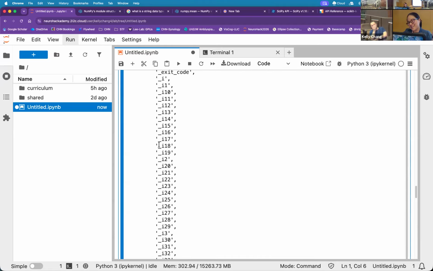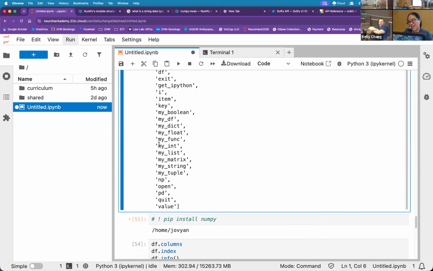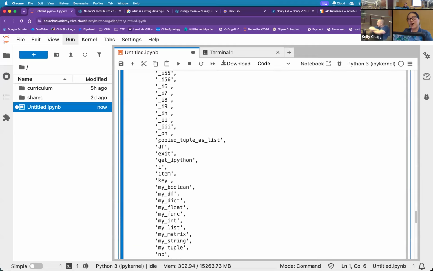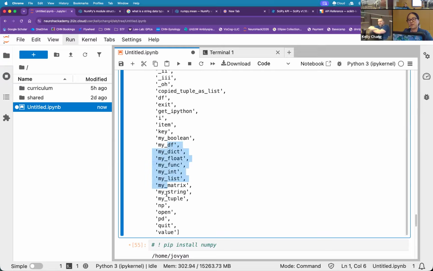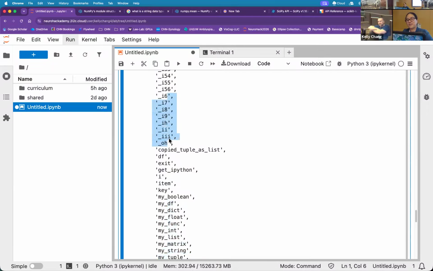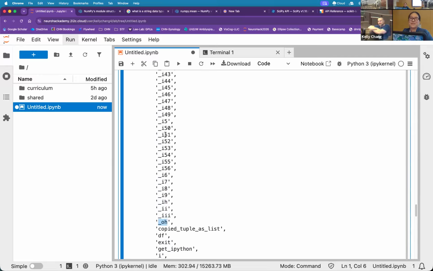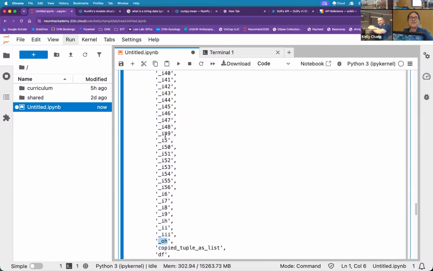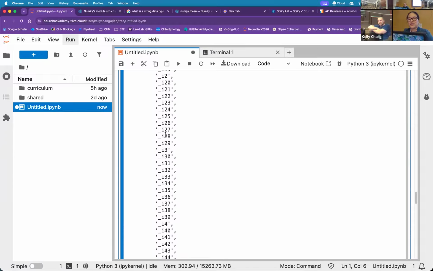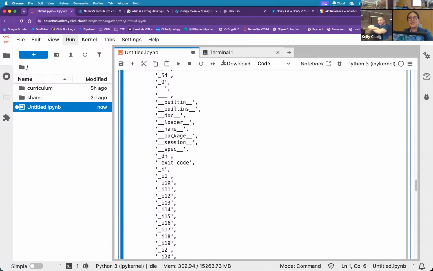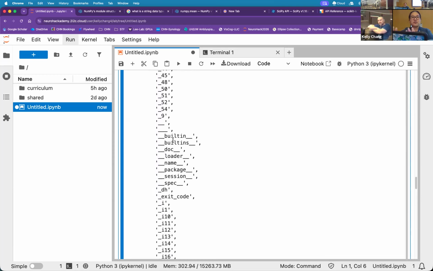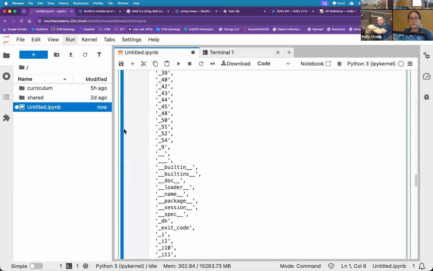The problem with that is, you're not wrong, there's a lot of hidden things already populated for you inside of Jupyter Notebook, but you can sort of see down here all the my underscore stuff. There you are. The problem is there's a lot of private variables that help you iterate, as you can sort of tell here, loading in the session, what the script name is. They're also buried in here when you call dir as well.